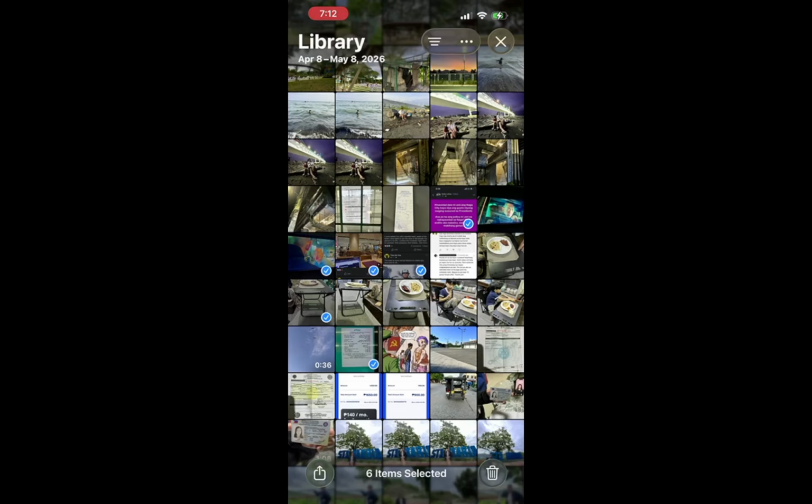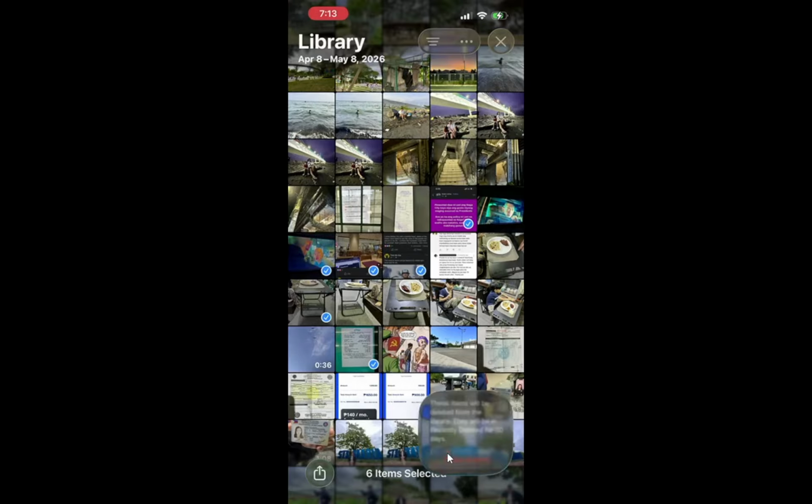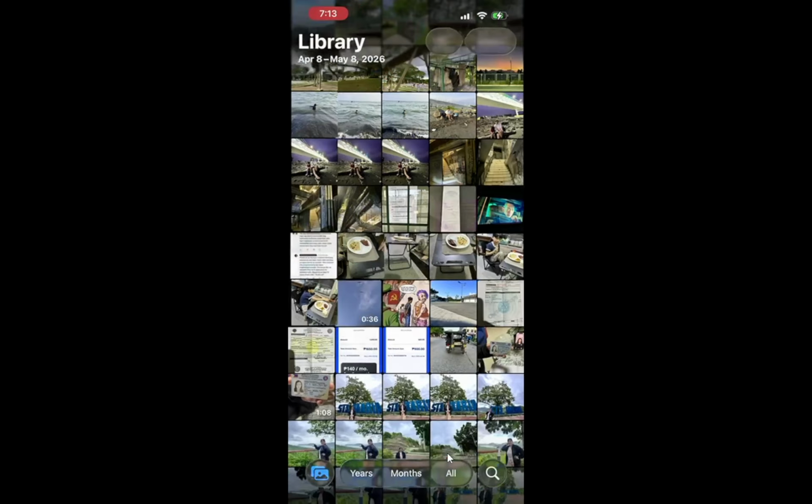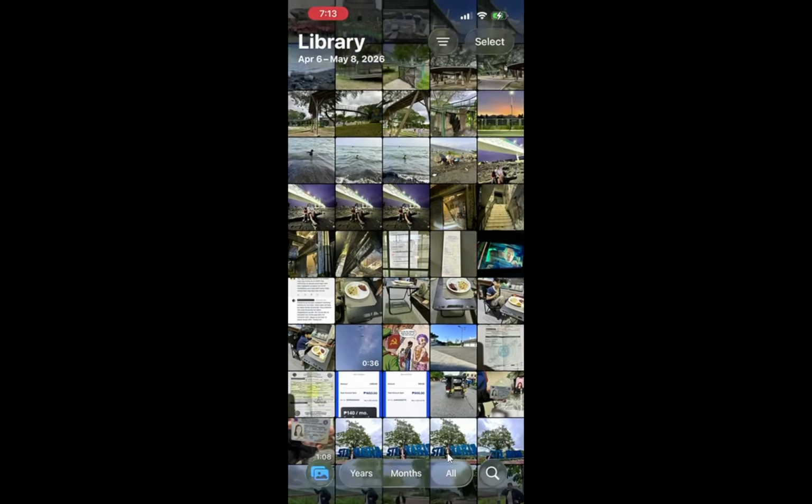This action initiates the removal process, and a confirmation prompt will appear asking if you are sure about your decision. It's important to take this moment to double-check your selections. If iCloud Photos is enabled, the photos will be deleted from all devices signed into the same Apple ID. This means that your changes will sync across all your devices, ensuring a consistent experience.